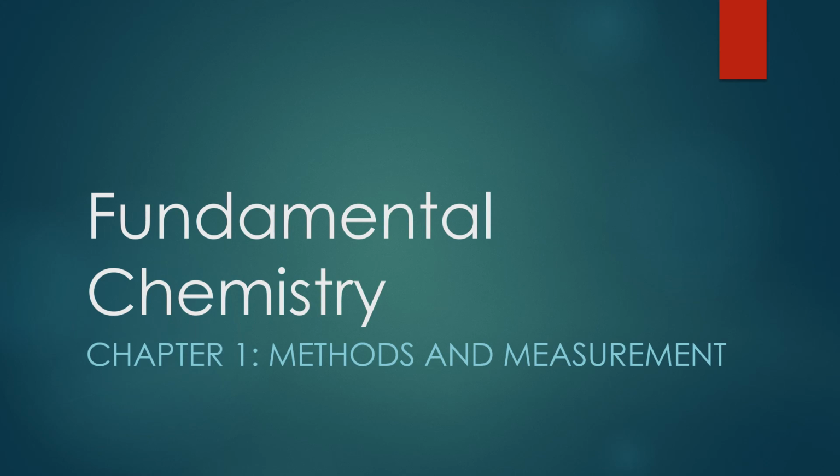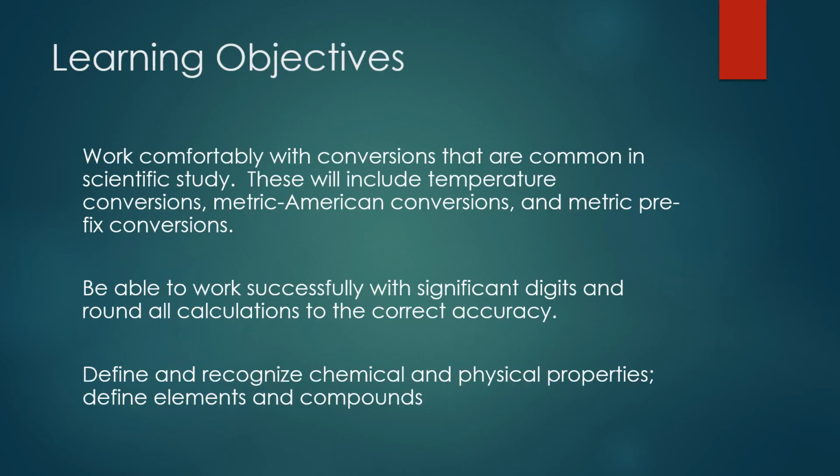For Fundamental Chemistry 1, we're going to start with Chapter 1, which includes methods and measurement. The learning objectives that we want to cover in this first chapter is working with conversions. Now, conversions are used all throughout scientific study. We're going to be using them through the rest of the chapters during the semester, so it's very important to